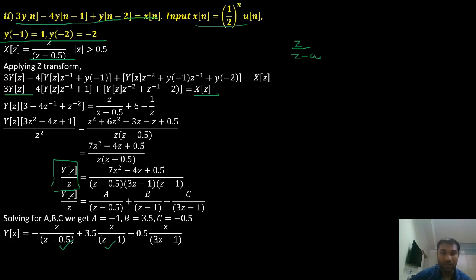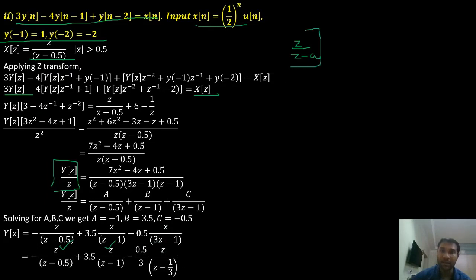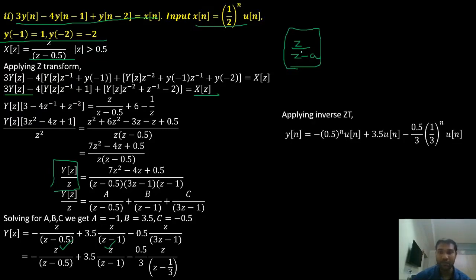So what I'm going to do is take 3 common in the denominator. Then I have z by z minus 1 by 3. So now this is in the form of z by z minus a. So I can apply the same inverse z transform. When I apply the inverse z transform, this is what I'll have as my final result. This is the response of the system for difference equations,